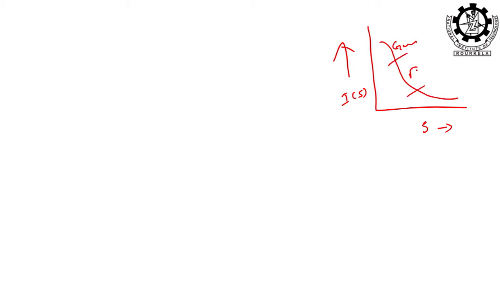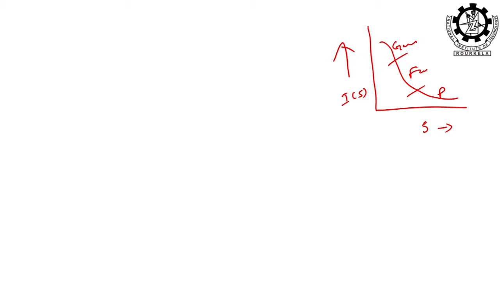If you take any small angle X-ray scattering data, then this is S, this is I(S), then the curve goes in this way. This is the first region, second region, third region. It is Guinier, it is Fourier, it is Perrot. These are the three different regions from where you can collect the information. First Guinier is for size, second Fourier for shape, third Perrot for the surface. Three regions give three different kinds of information.